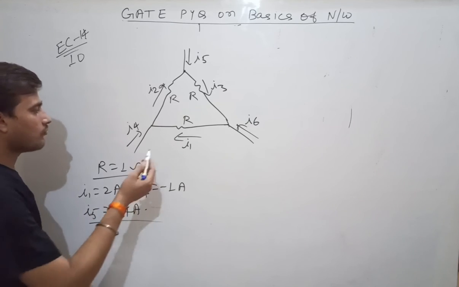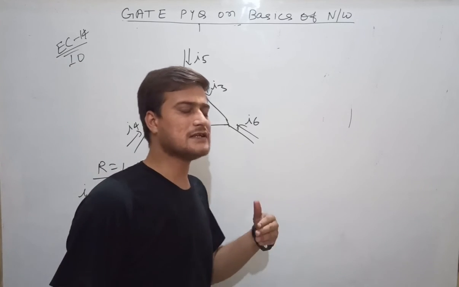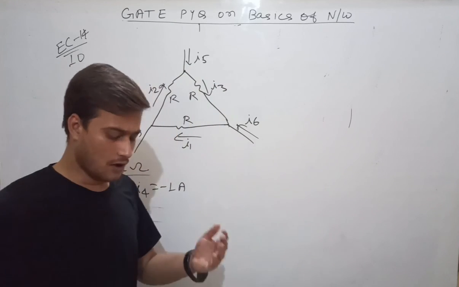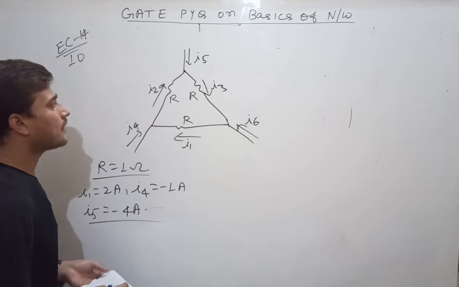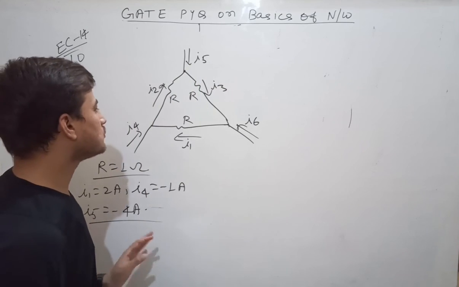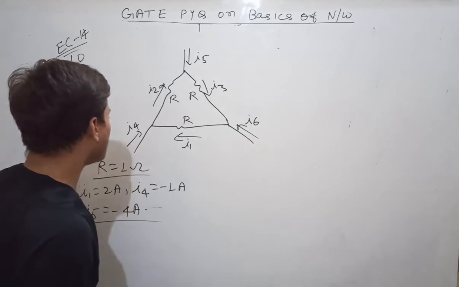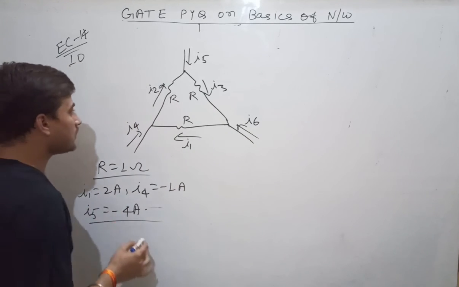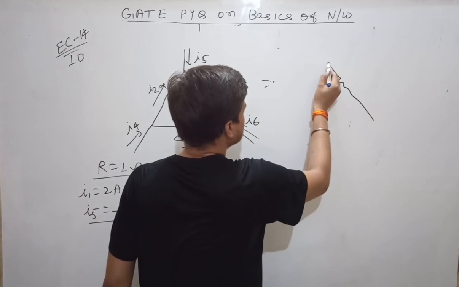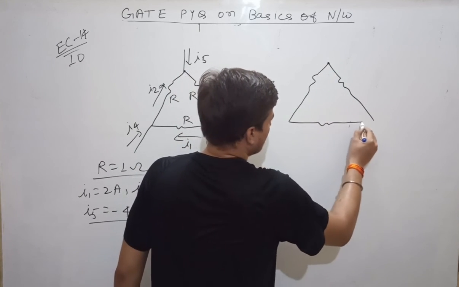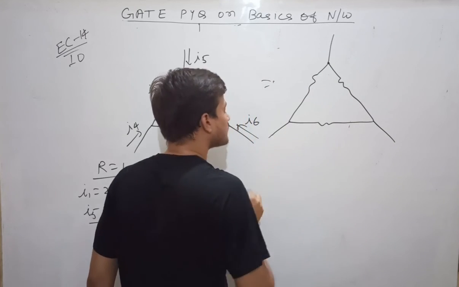Now we have to find another currents. They are given 4 different options, that I6 will be equal to 5 ampere or I5. They are given some values of currents. So different values of currents are given. You have to choose the correct option. Let us see how to solve. It is given I1 is equal to 2 ampere. Let us redraw the circuit. Now what is the best way to solve this type of questions is redraw the circuit.